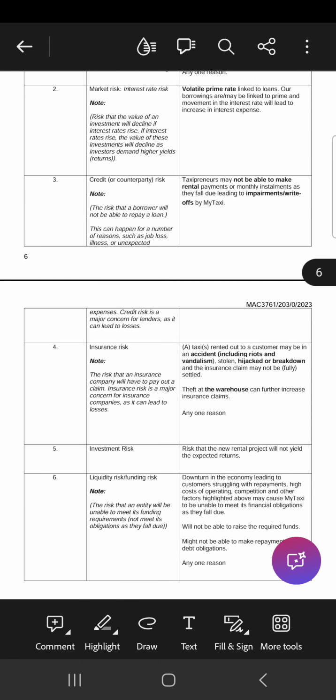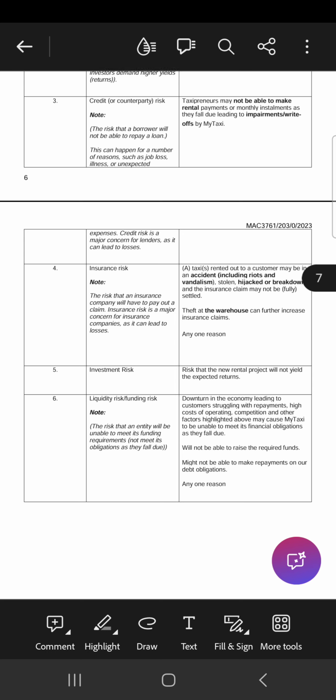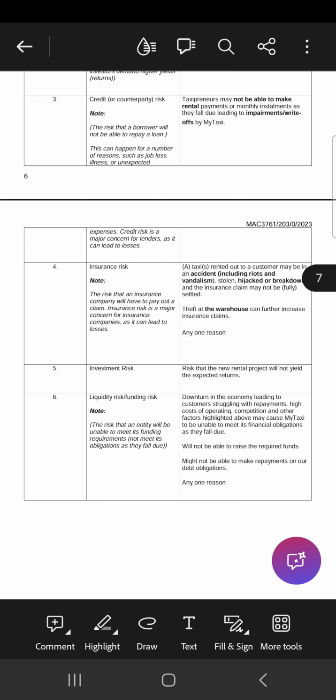And then insurance risk, I mean, this is relating to any assets that you now have, obviously, right? You would insure, but there's always a risk that the insurance will not be paying those claims out, because sometimes they don't. So that is the aspects that you need to be looking at. Those are the aspects that you need to be very, very mindful of, because at the end of the day, it's small things like these that